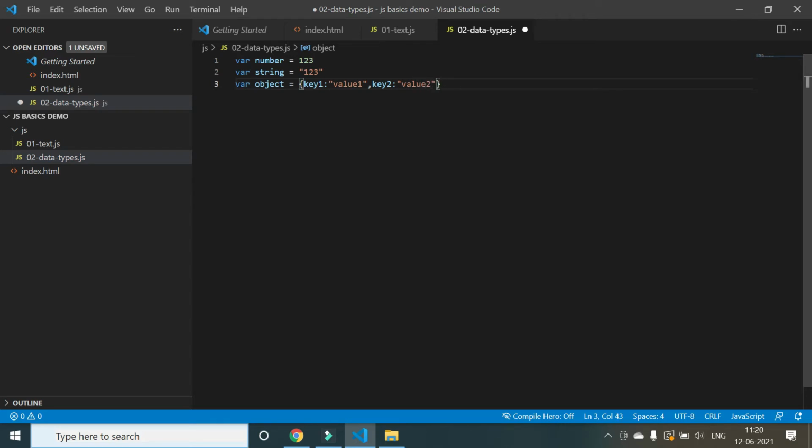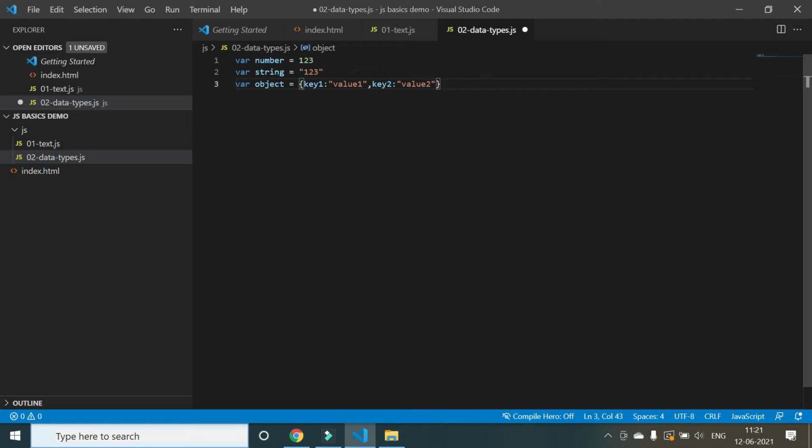This is called a key value pair. You can access the value of key1 by saying object.key1.value. That's the advantage of this JSON object: you can store variables as key value pairs.